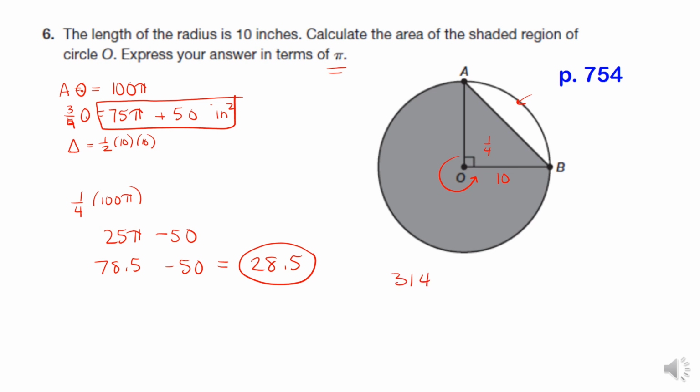And so then you would go 314, which is pi times 100, minus 28.5, and that comes to 285.5 inches squared. So that's calculating it this way. And now if you go back and you multiply 75 times pi, plus 50, you would get that same answer. So there's both different ways to go about it. You could do it either way. So you can figure out what you want to do, but